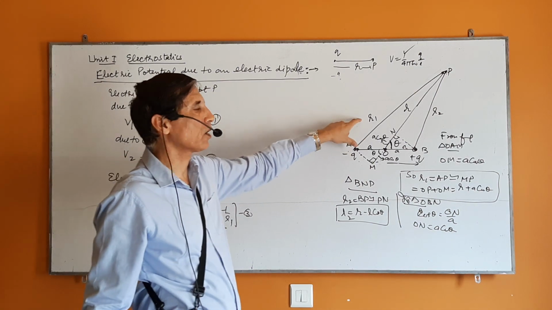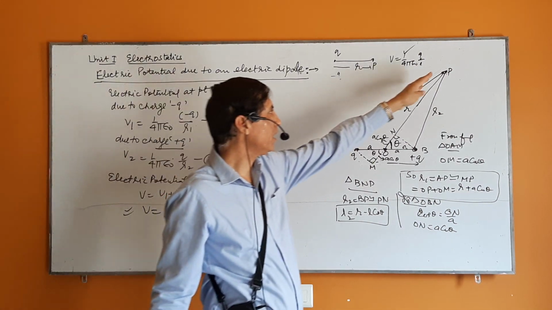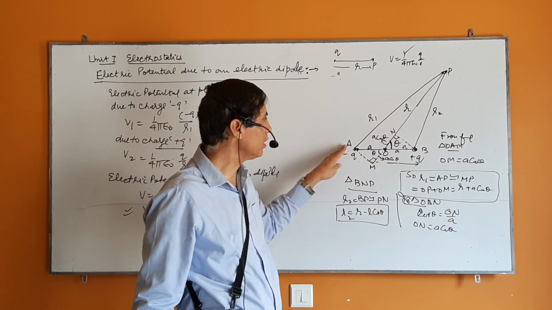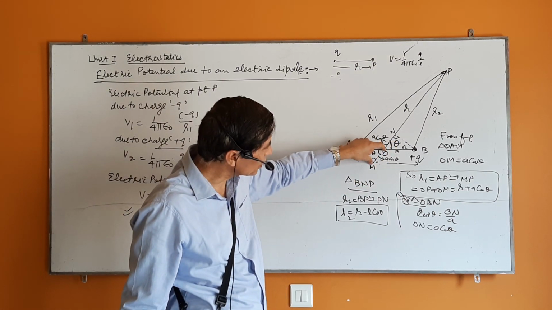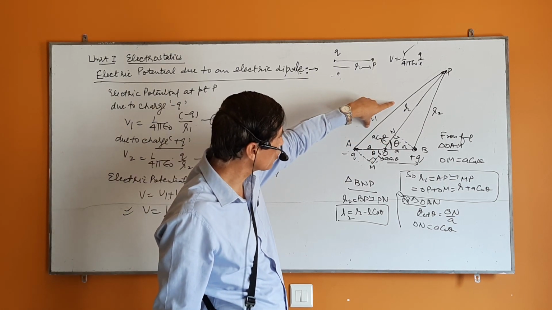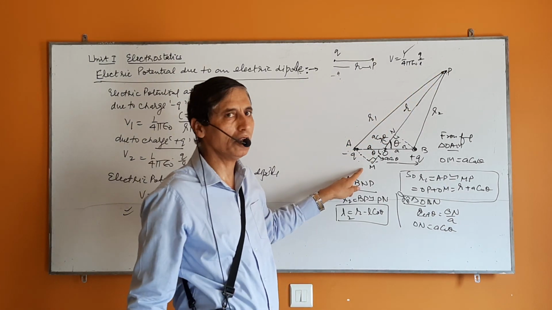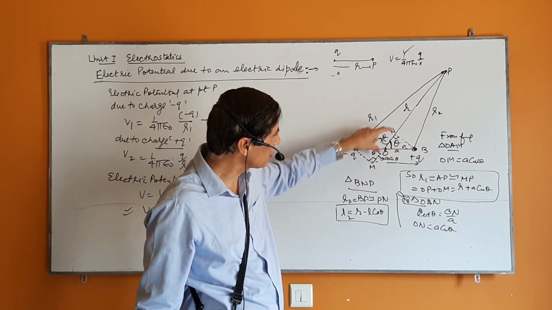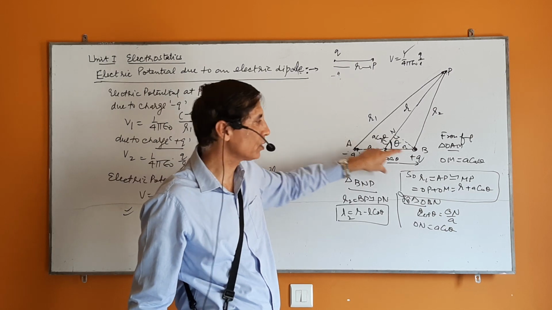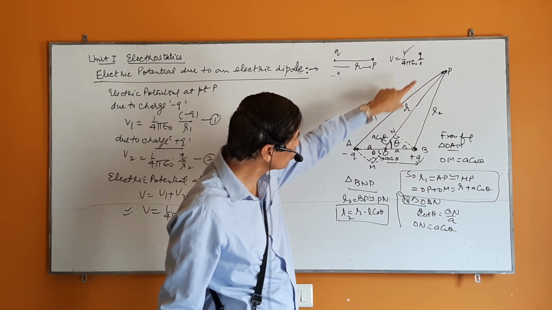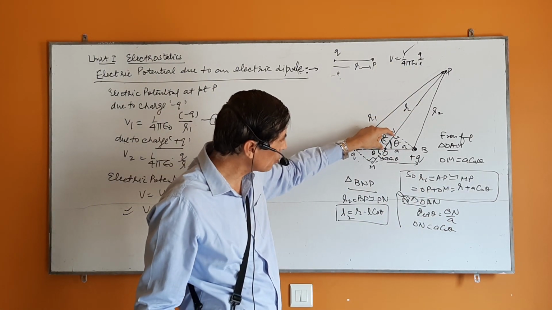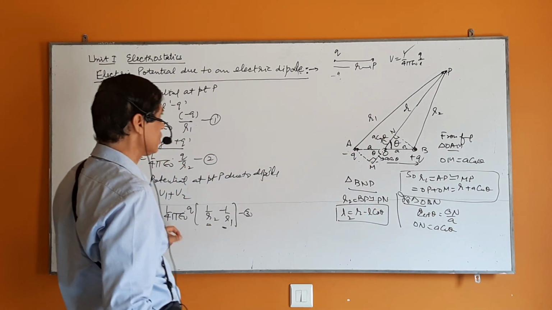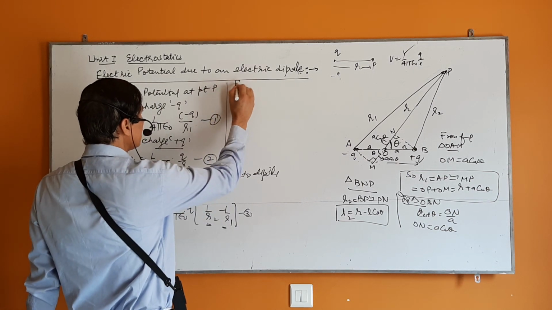हमें चाहिए था R1. R1 के लिए क्या किया हमने? इस वाली ज्योमेट्री से इसको किया एक्सटेंड. यहाँ से डाला परपेंडिकुलर. ये बन गया राइट एंगल ट्राइंगल. ये डिस्टेंस निकाला. इस पूरी लेंथ R1 को हमने किसके इक्वल मान लिया? PM के. रीजन है डाइपोल स्मॉल होता है तो ये लेंथ बहुत कम है. इसको हमने इसमें ऐड कर दिया. यहाँ से यहाँ तक R है, ये L cos थीटा ऐड हो गया. यहाँ तक पूरा R है, O से लेके P तक. ऐसे ही ये वाला परपेंडिकुलर ड्रॉ करके L cos थीटा है. ये हमने R2 निकाल लिया. और ये दोनों वैल्यूज कहाँ रखनी है? इन इक्वेशन नंबर 3.